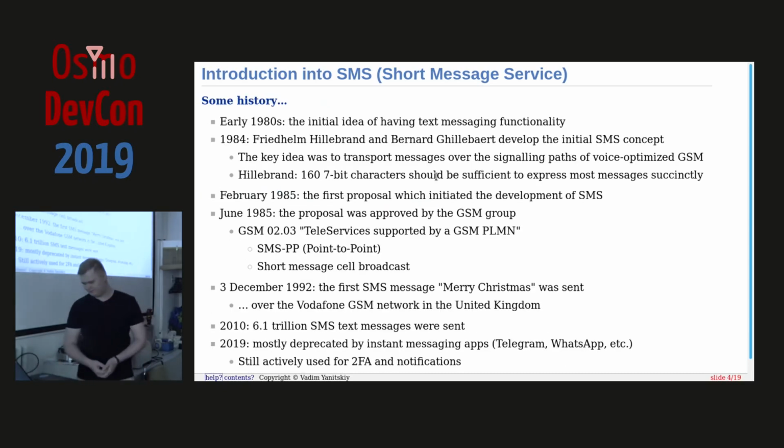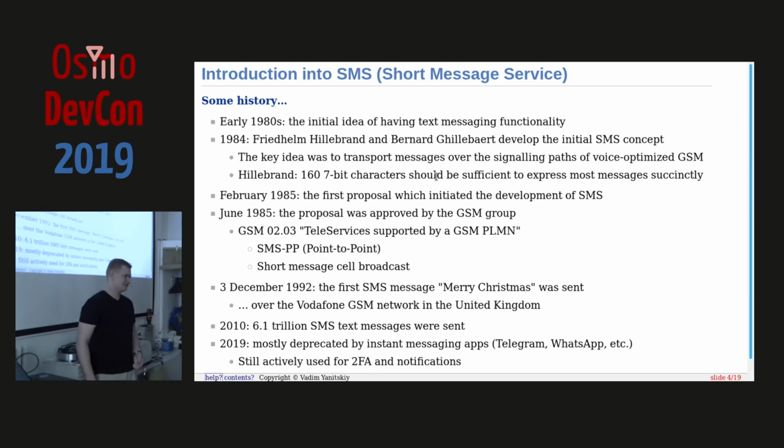So some history. The initial idea of having short messages appeared in the early 80s. There was a kind of cooperation between two German and French guys. I don't remember exactly: Friedhelm Hillebrand, and Bernard Ghillebaert. Does anyone know how to pronounce this correctly? Anyway, in 1984 they developed the initial concept of SMS messages, and the key idea was